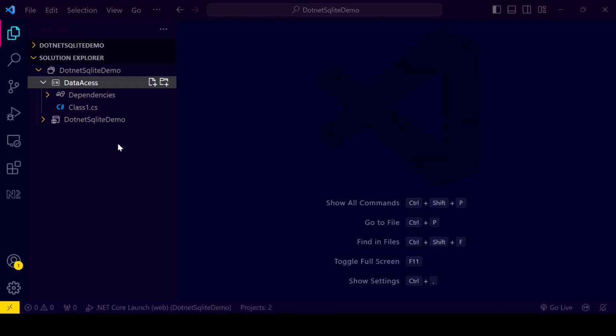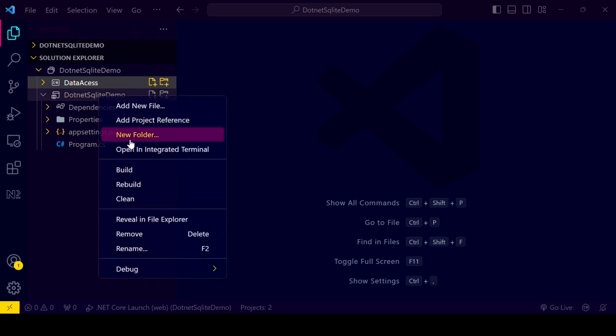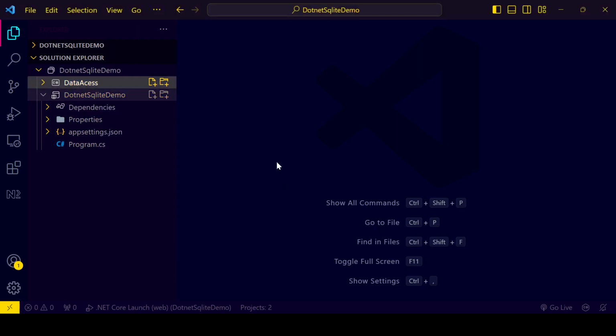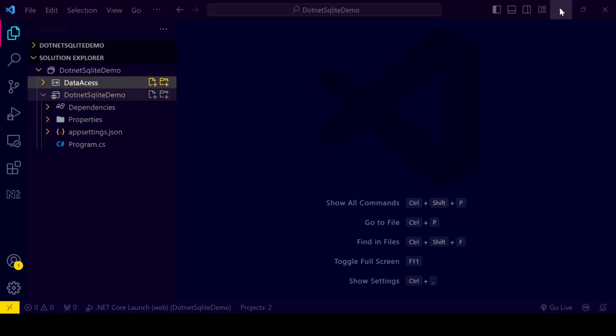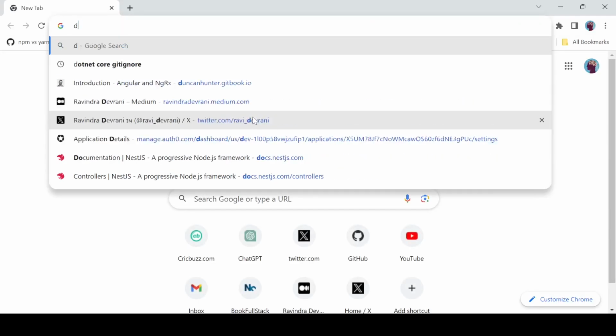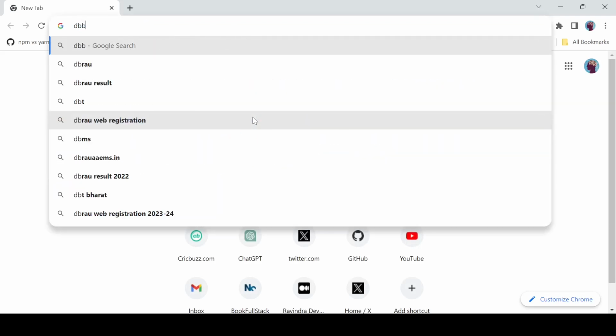Okay, so now here what we will do, we will right click here and click on reveal in file explorer. Okay, and now we will copy this path. Okay, and what you have to do, if you do not have this thing, DB Browser,